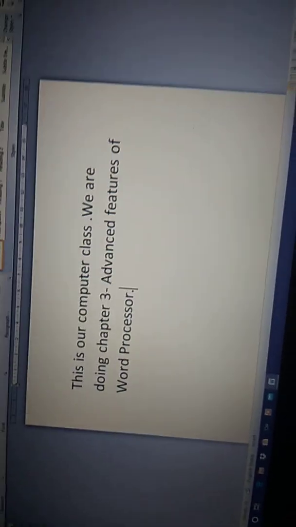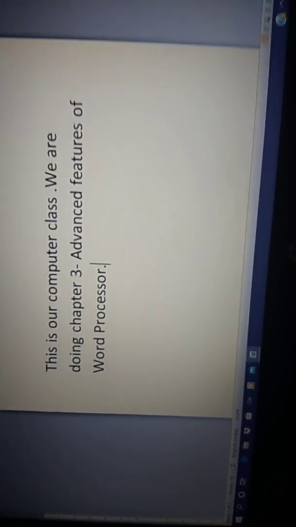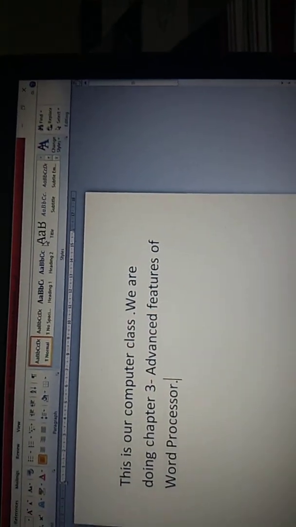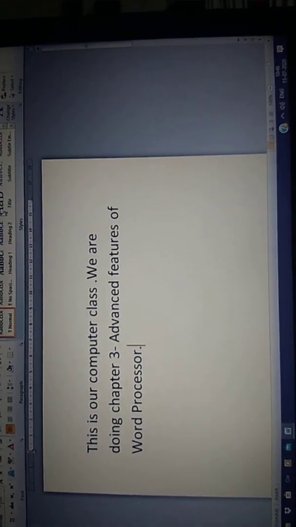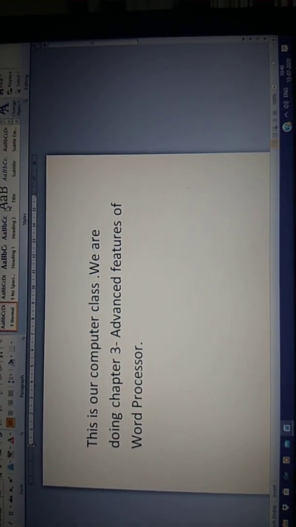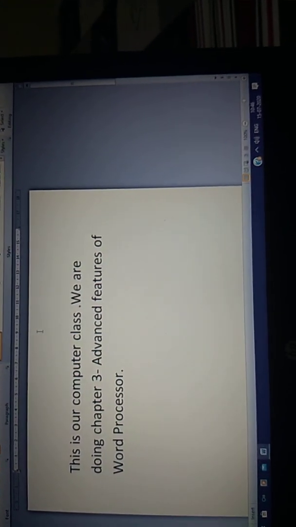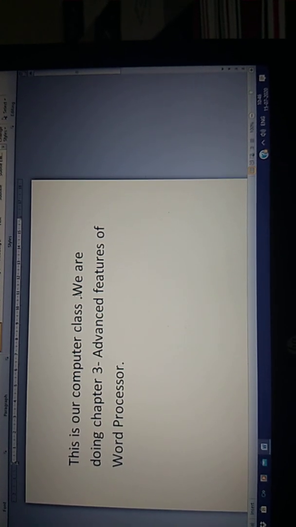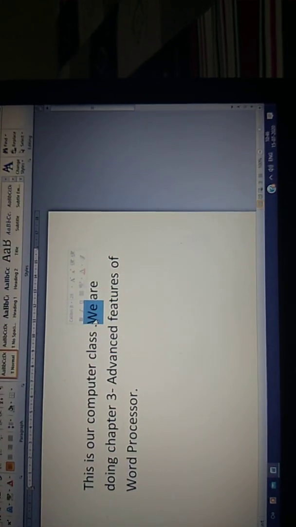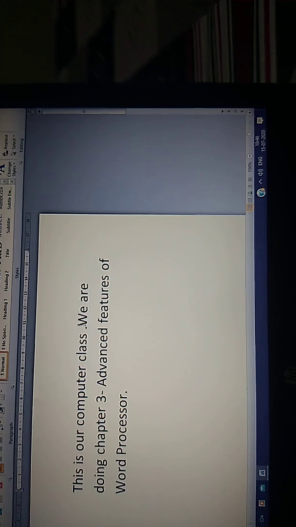Next topic which we have done is column and column break. For example, this is one paragraph and it is in one column only on my document page, that is single column. I want to divide it into 2 columns. Now how to do it? I want this second line to be coming in my second column. First I'll bring my cursor over here. Cursor is blinking.